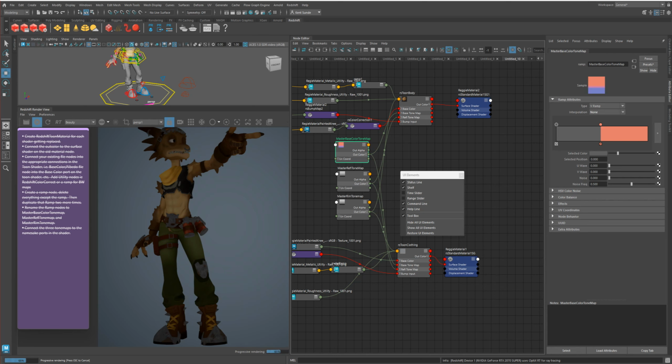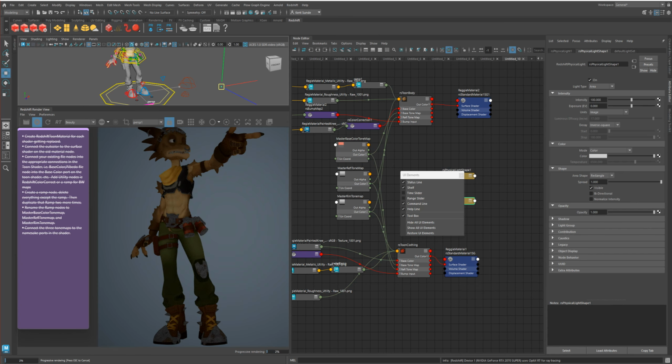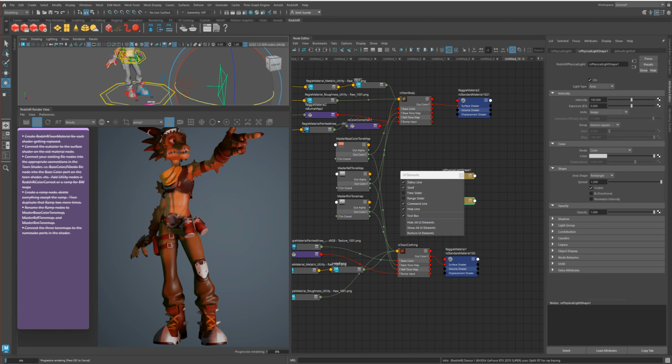But what we also want to do is actually add a light source in here. Because I'm outside, I am going to use a directional light. Usually you want to use those directional lights. So I'm just going to grab a physical light, bring it over here, make it big. Now this right here is not a directional light. This is your normal